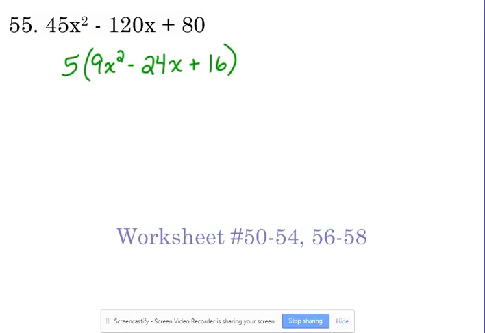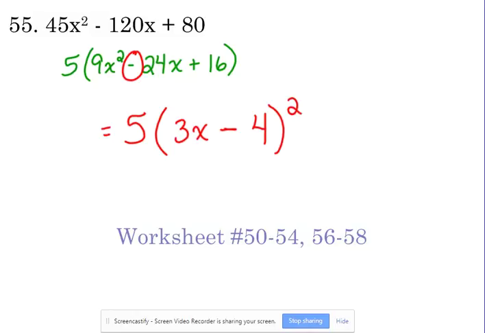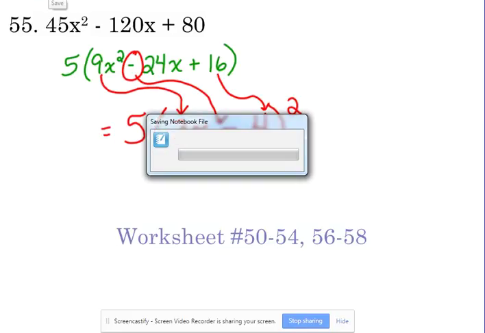So this answer is 5 times 3x minus 4 squared. 5 times 3x minus 4 squared. So square root of that number, square root of that number, that sign goes in between. Okay? So try out